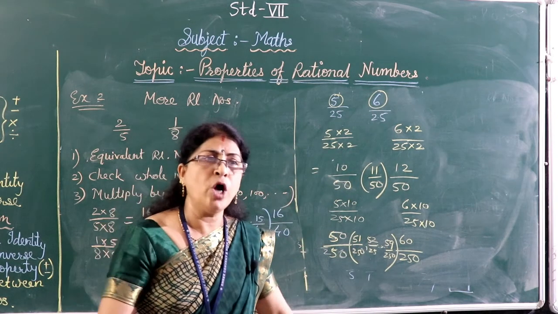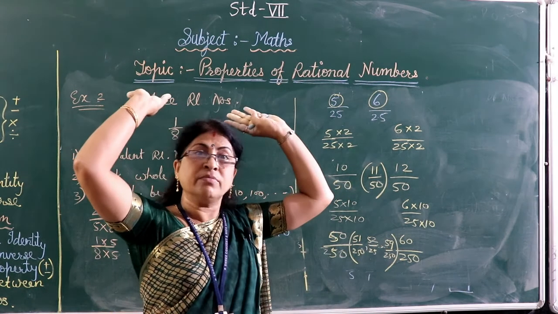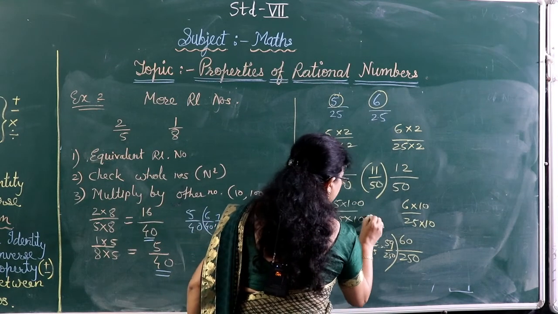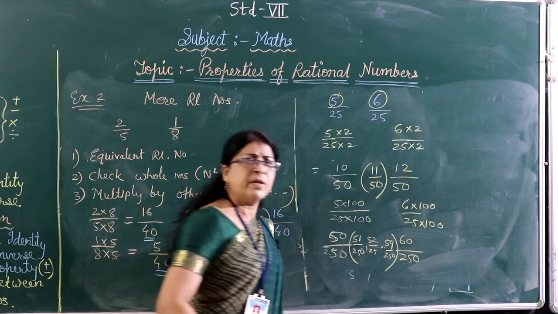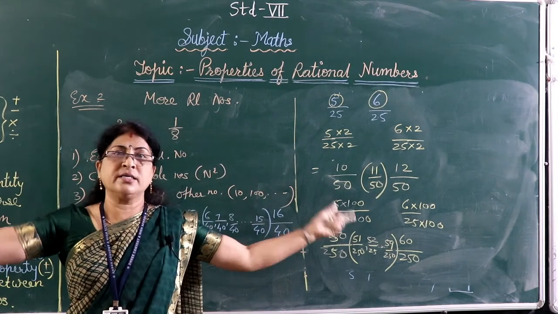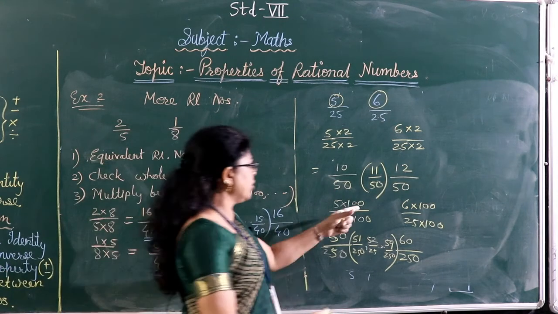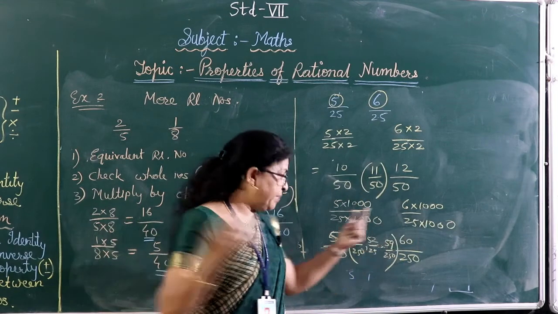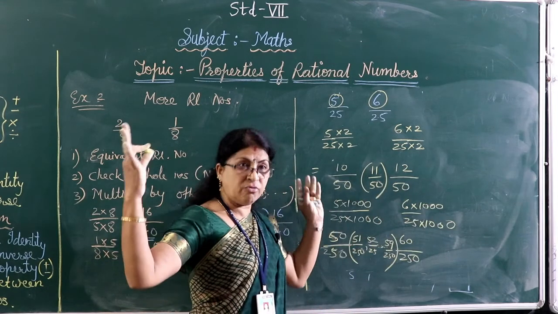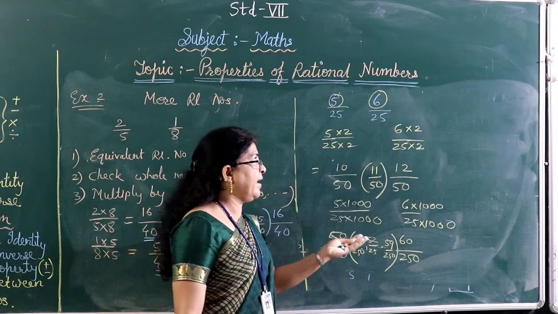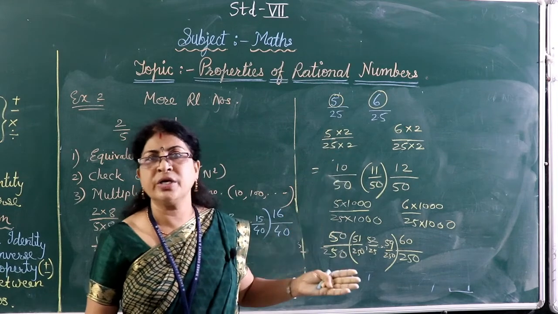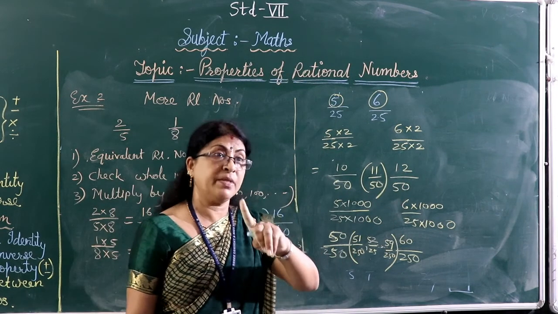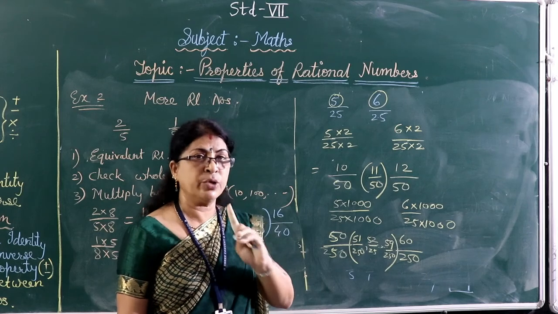If you want more than that, suppose 60 or 70 numbers, simple: instead of 10, multiply both by 100. If you want numbers in thousands, instead of 100 multiply by 1000. Then you will get numbers in thousands between them. So whatever is asked in the question, accordingly you can multiply both numbers, but by the same number; their denominator must be the same, keep that in mind.